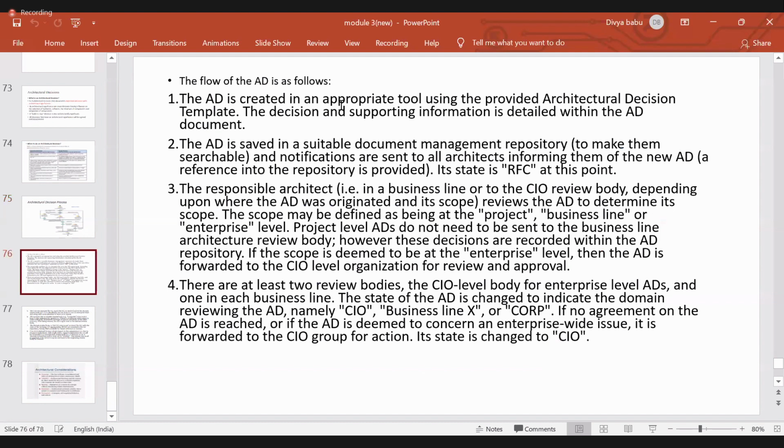The AD is created in the appropriate tool using the architectural decisions template. After that, we should remember a suitable document management repository is needed, and a responsible architect. He will check what type it is: is it a business line decision, or an enterprise decision or non-enterprise decision? Based on that, the responsible architect will be assigned. He will review this architectural decision to check whether the scope is matching, and after that it goes for review